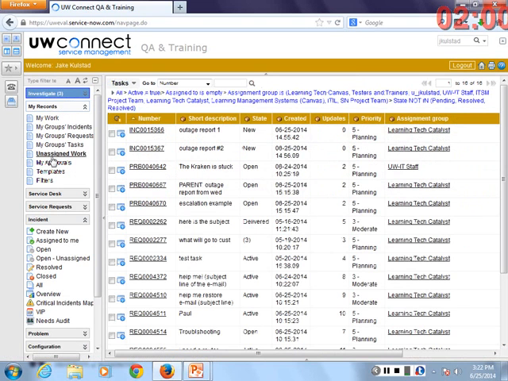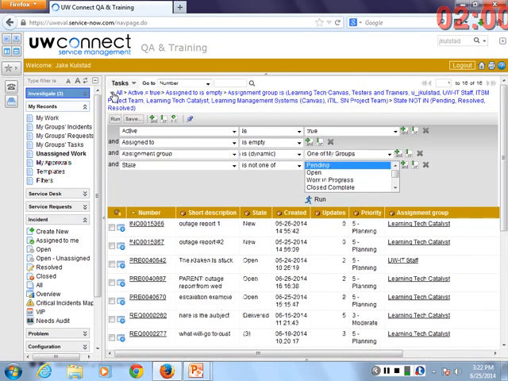So let's go back to unassigned work. So my records, unassigned work. This is a pretty good starting point. I'm going to drop down so I can expose my filter builder here. Everyone caught back up with me?